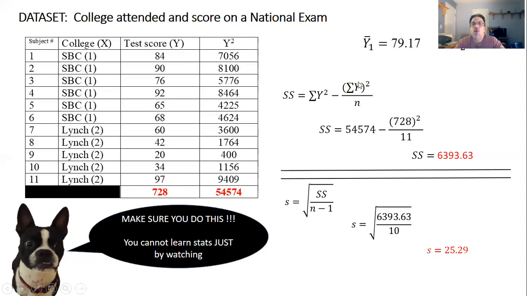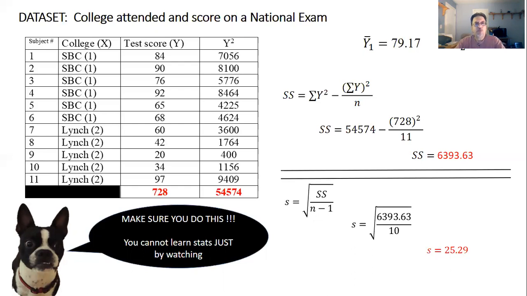54,574 minus the quantity sum of y, 728, quantity squared over n. Remember, n in this case would also be pairs of scores. So we have 11 individuals who gave us scores on these two dimensions, so n is equal to 11. Solving for the sum of squares gives us a sum of squares of